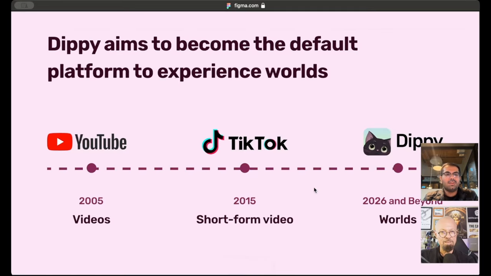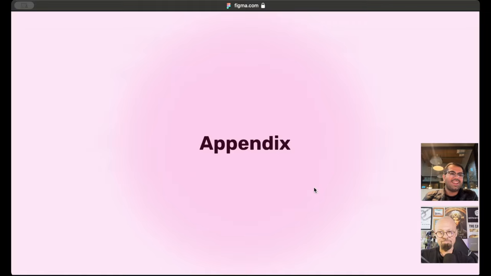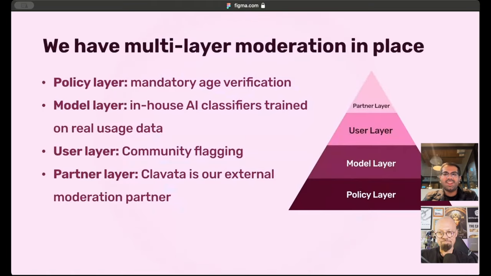So okay, what else you got? Yeah, I guess not much else to share. One thing that I did want to stress was the moderation piece, because this has become a controversial issue on Twitter from some anons. We've done a lot of work on moderation and we take it really seriously as well. Since the beginning, Dippy has been 18 plus on the App Store and the Play Store. So you just can't download the app without being an adult.